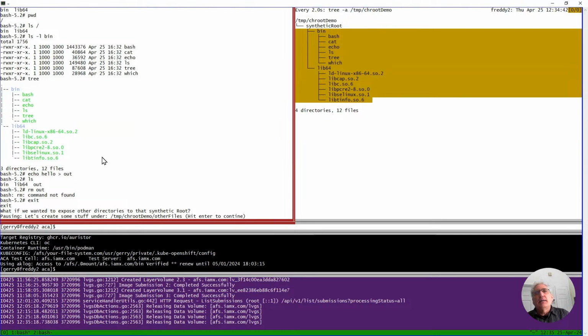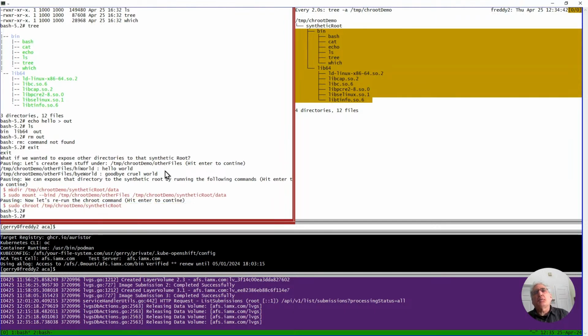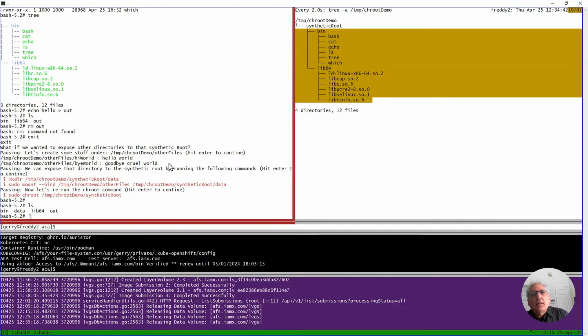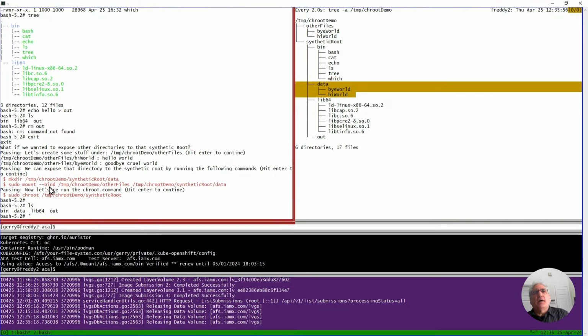I'm going to exit and go back here. Oh, I forgot to create files. I was supposed to create a file called hello and goodbye, but I didn't do that. Oh no, I did. I'm sorry. I did create a data directory. Oh, I know why, I have that selected. It's not refreshing. So there I have a data directory. I created two files, and now